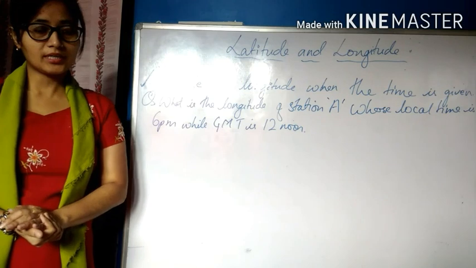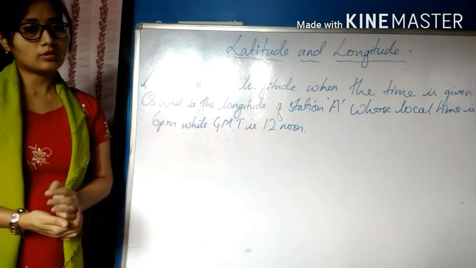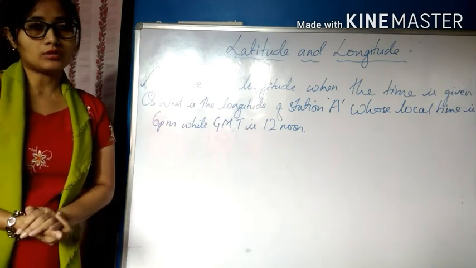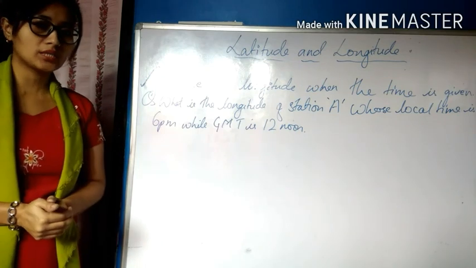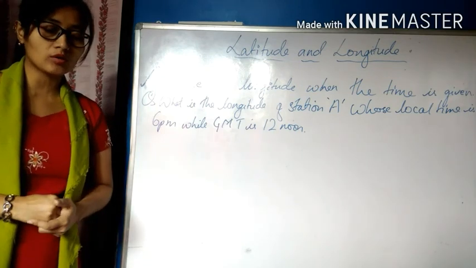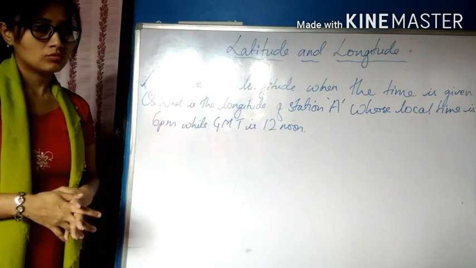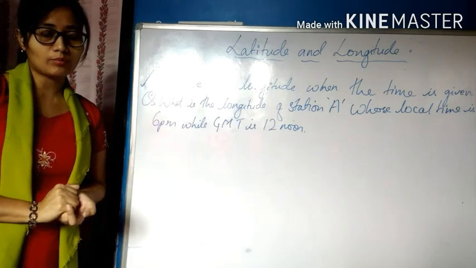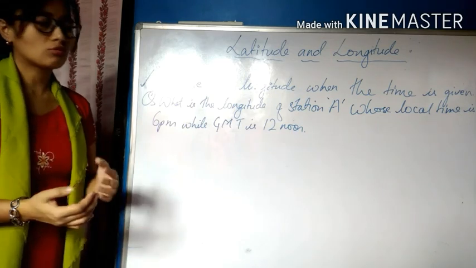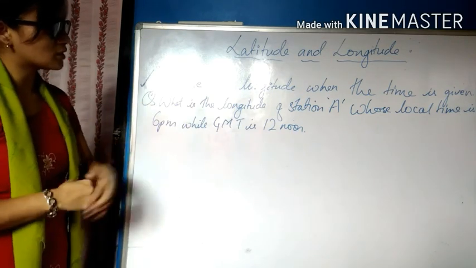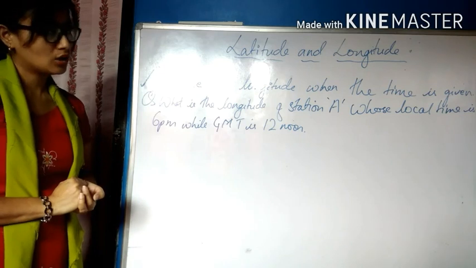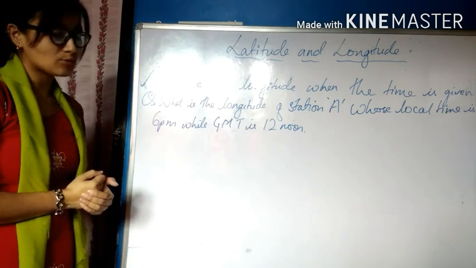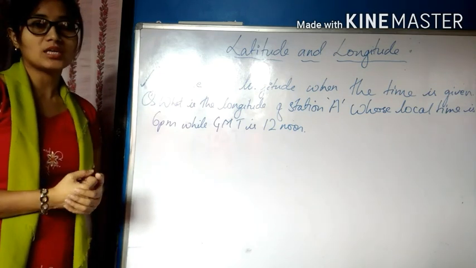Now, let us calculate the longitude of a place when the time is given. In the previous question, we calculated the local time when the longitude was given. Now, in this question, we will calculate the longitude when the time is given. So, what does your question say? Your question says, what is the longitude of station A whose local time is 6 PM while GMT is 12